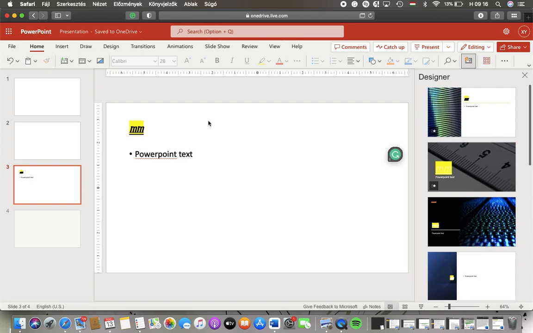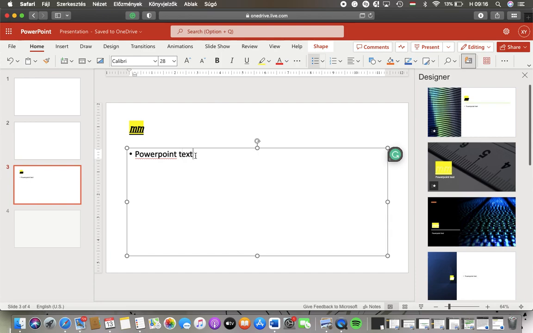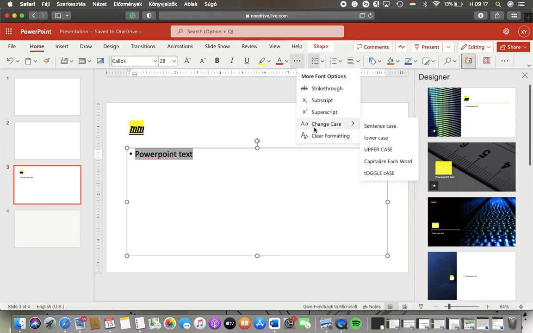First of all, open the website and start creating your presentation, and after that select the text, then go to your home page at the top and tap on this more button and click on the change case section, and